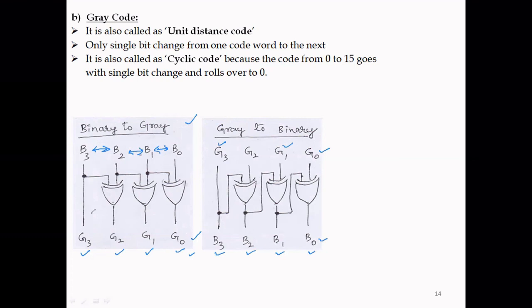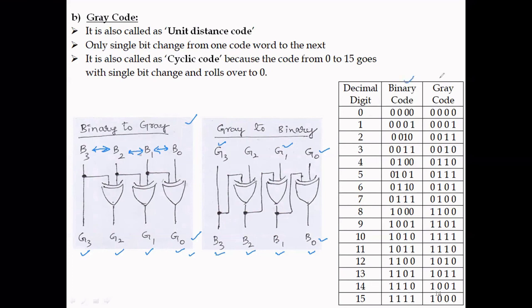So the conclusion here is, when the binary information is given, we can directly convert into gray using the MSB directly taken, and these two bits, these two bits, these two bits XOR to get the gray code. But where the gray code is given and we need to convert into binary, what is the procedure? Instead of these two, we take directly the binary result and this gray bit XOR, and this result and the gray bit give the next binary bit.